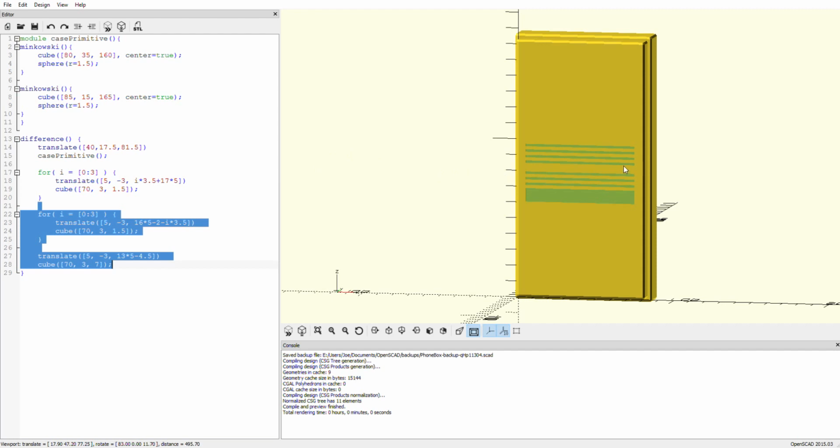So from roughly here to here, I'm going to cut away using a triangle and another rectangle that's built just here, or another cube. And so to make the triangle, what I'm going to do